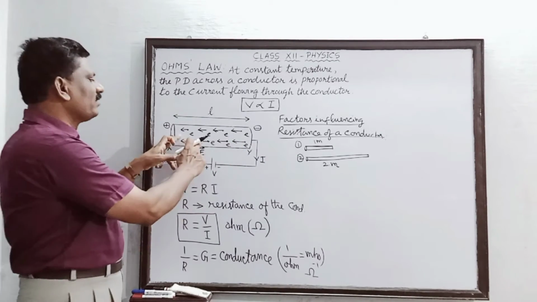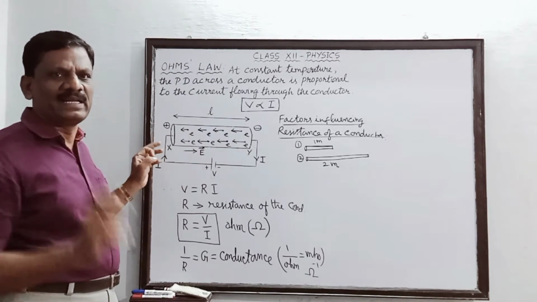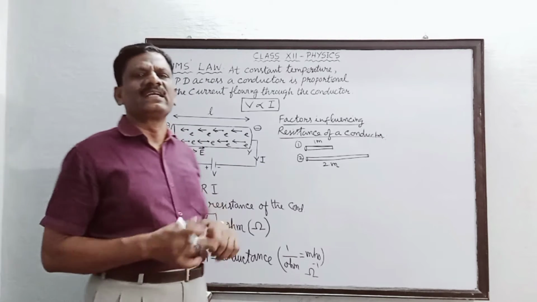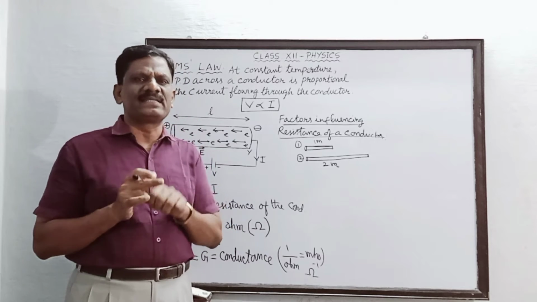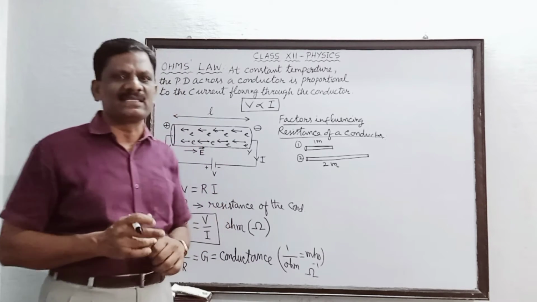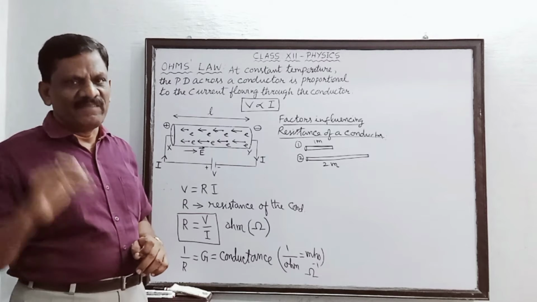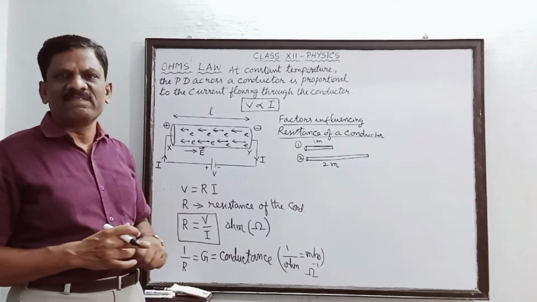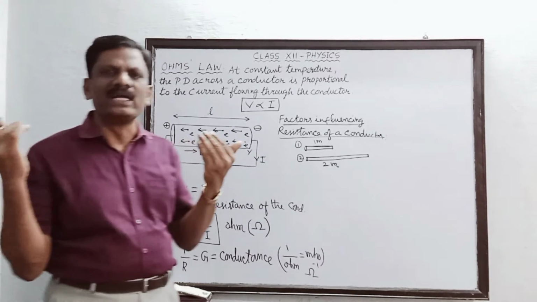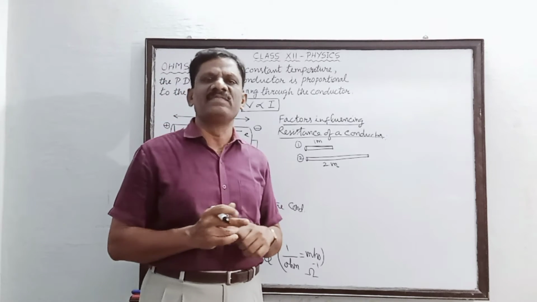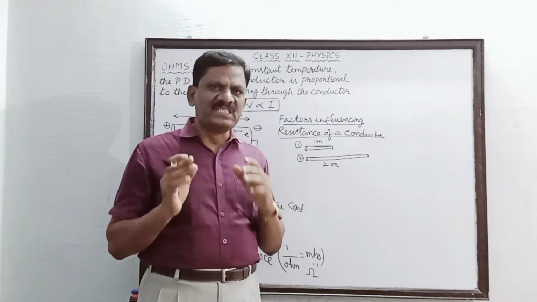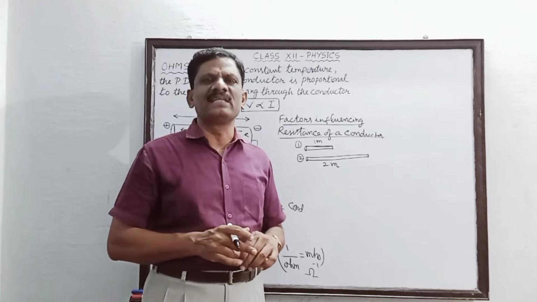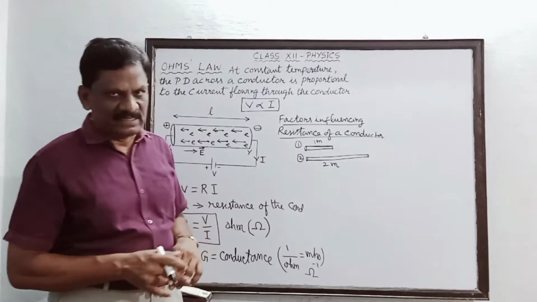In this picture we have shown only the flow of free electrons. Other than free electrons, every atom is having a positively charged nucleus also, is it not? So they are all ions. These ions will be vibrating in the path of these electrons, and there will be frequent collision of these free electrons with these ions. This only is a measurement of the opposition offered to the flow of free electrons, and it is called electrical resistance.